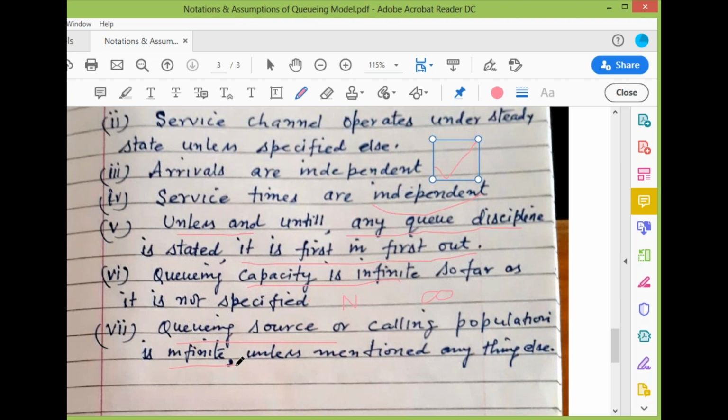So in this way, these assumptions are very important. These notations are very important. And while developing these notations and assumptions, it is important for the user or the reader to keep in mind while we discuss or develop any queuing model, maybe for research or for teaching and learning. So in this way, if you have any curiosity on this, you can ask a question. Otherwise, now